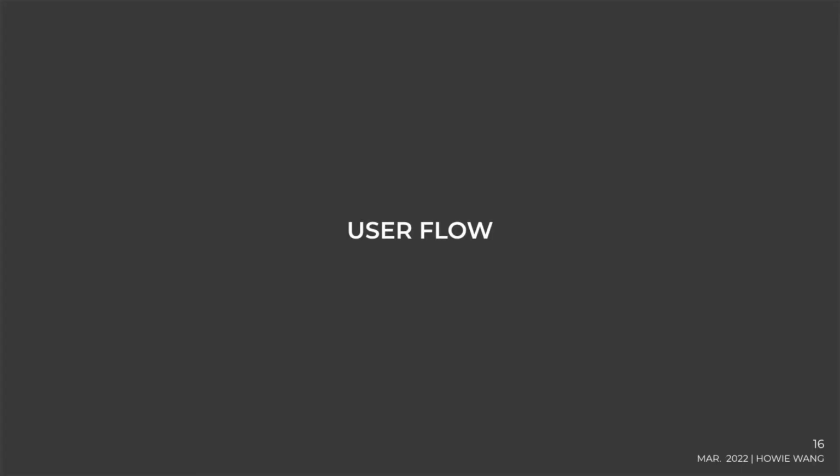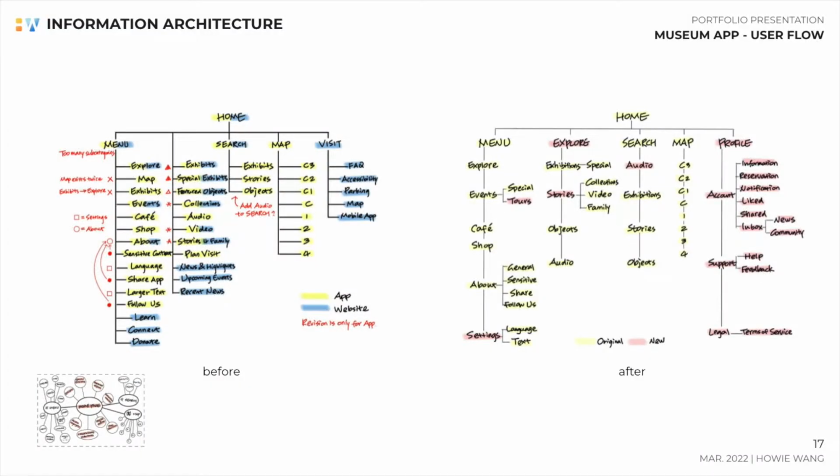Okay, then the user flow. So this is again the bubble diagram. It helped me to generate this information architecture. This is the current one. You can see the structure is pretty flat. So it has a lot of things going on under only one major menu, and this is the other thing. The yellow is the existing application, and the blue one is the website. So I think the new application should combine some features from the website,